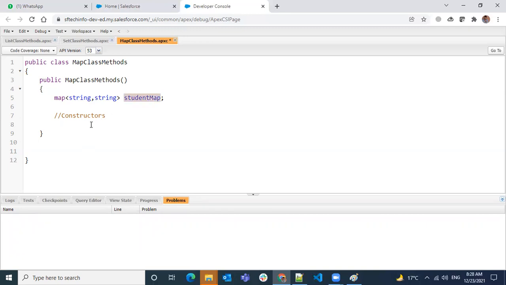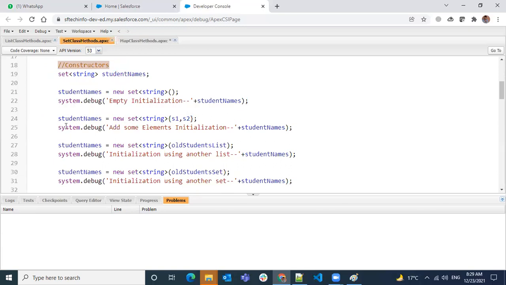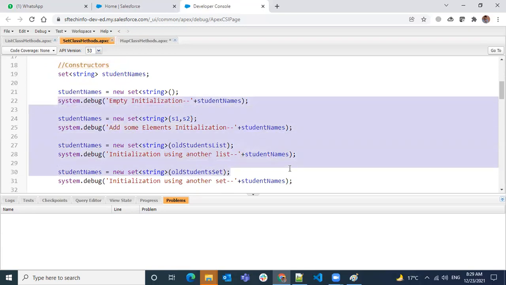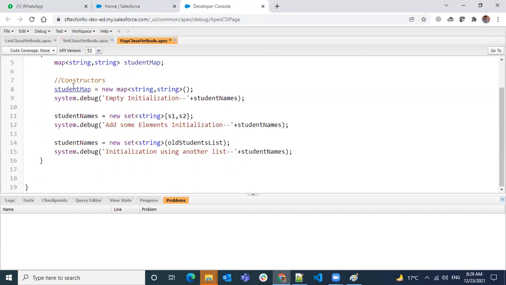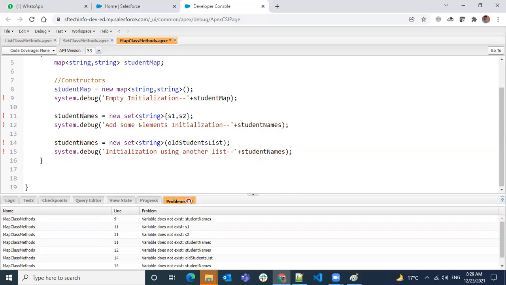Simple, the empty initialization: we use the same syntax and the new keyword and empty brackets to initialize the empty map. So with empty initialization, we don't have a set or list that we can use to initialize it.